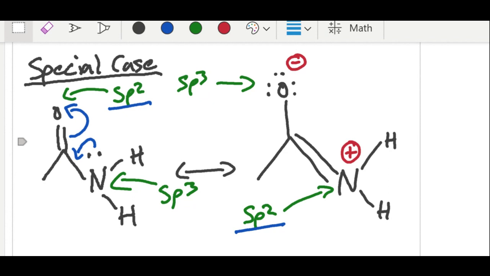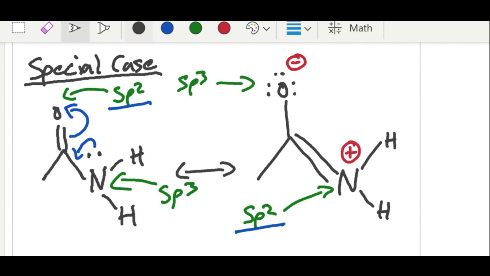It's existing in different places, so we call that delocalized. And any delocalized lone pair is typically going to be in